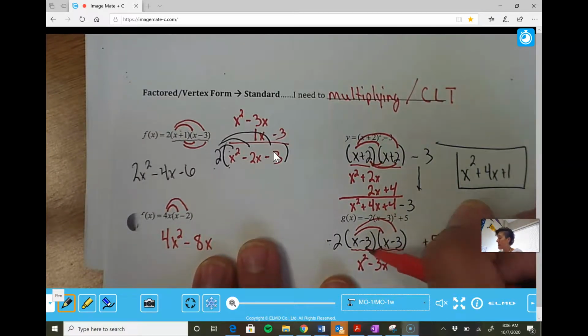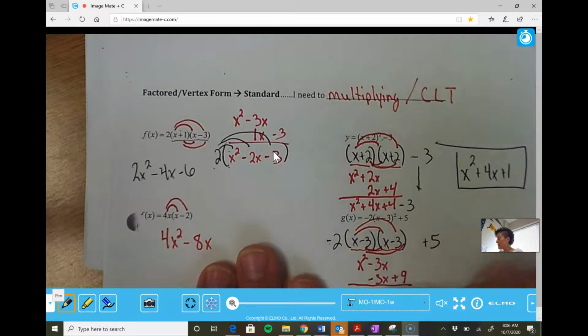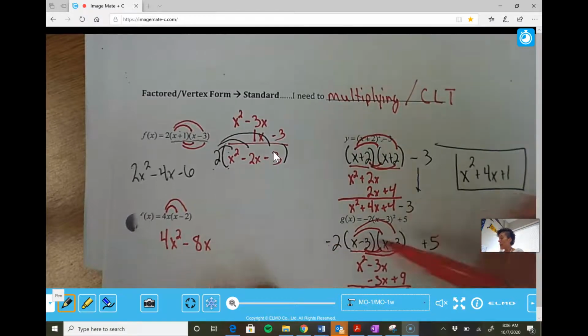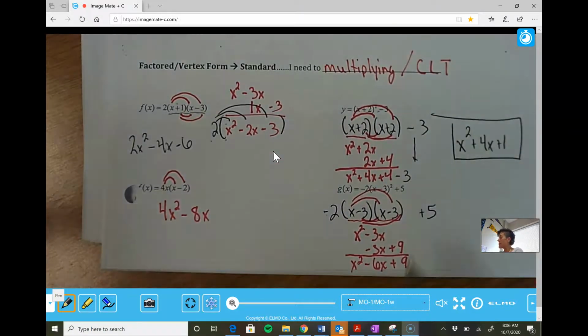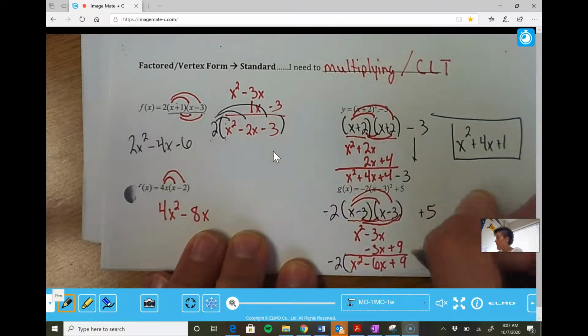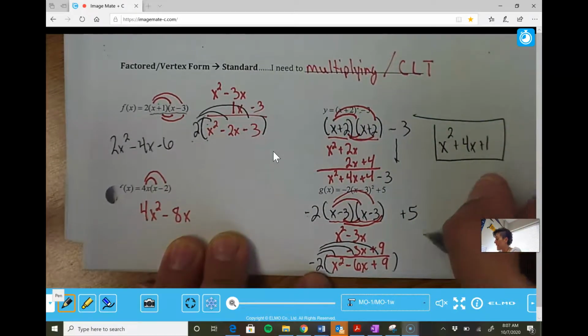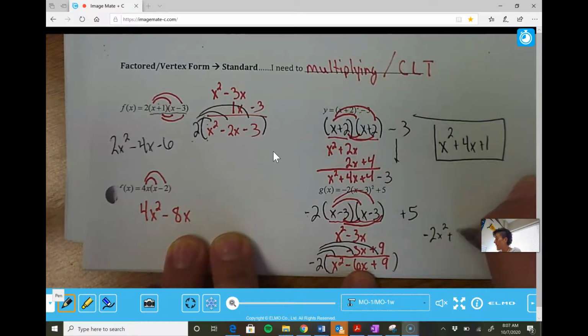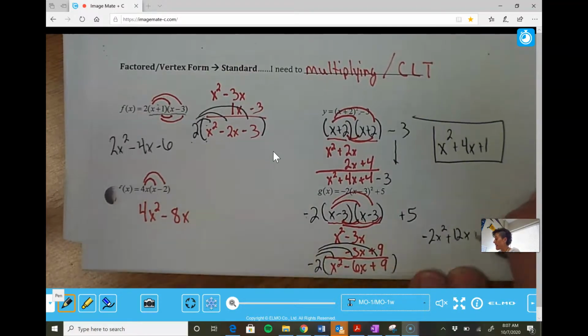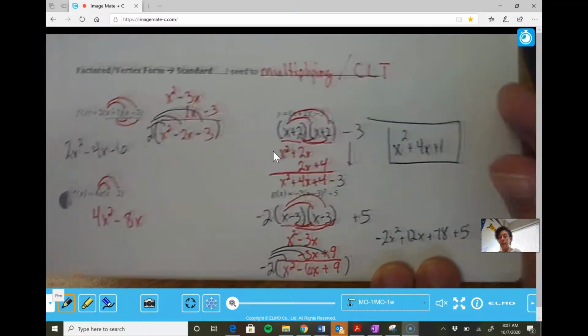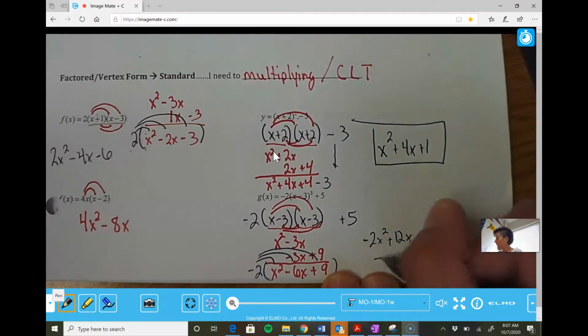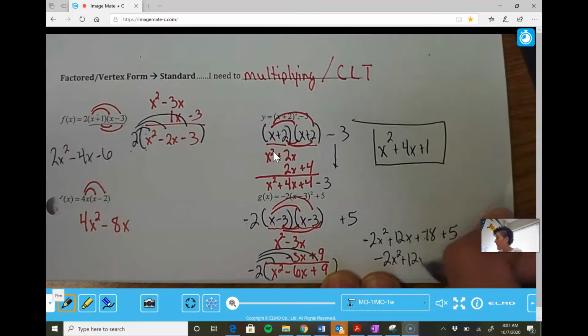And now this minus 3 is going to go meet everybody. And negative 3 with negative 3 is a positive 9. I'm going to run out of room here. I'm going to add those up. And then I've got to remember there's still this neighbor of negative 2 who needs to meet everybody. So I'm going to move over here. Now I have negative 2x squared. I'm going to have a 12x. And I'm going to have a negative 18. And then I don't want to forget about this plus 5. And now I'll just combine these like terms, and when I'm done, I've got negative 2x squared plus 12x